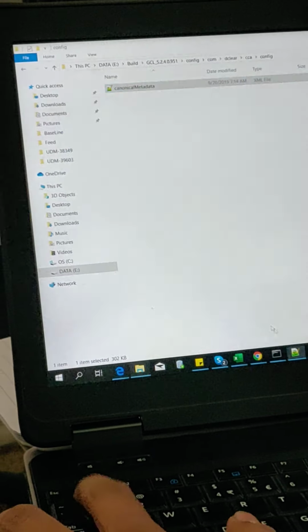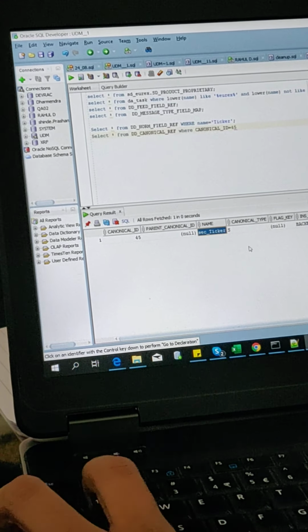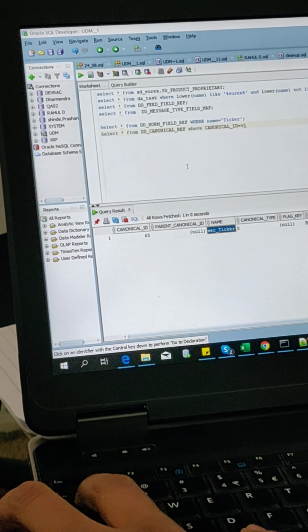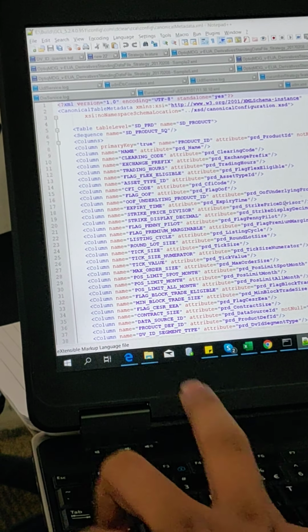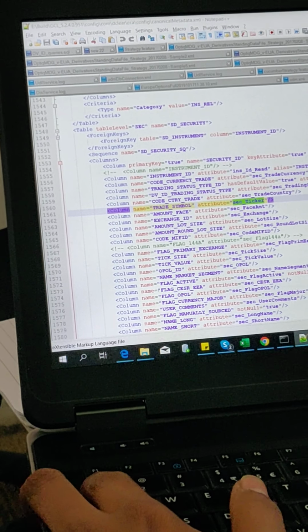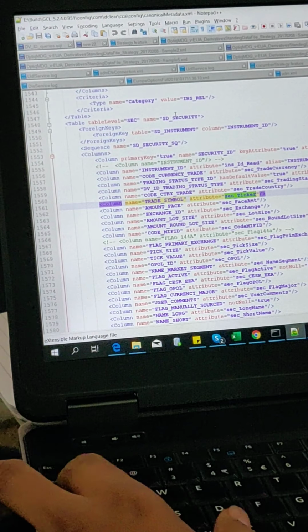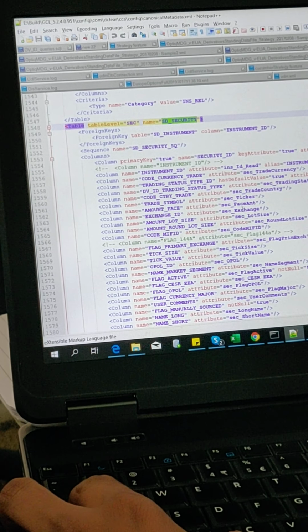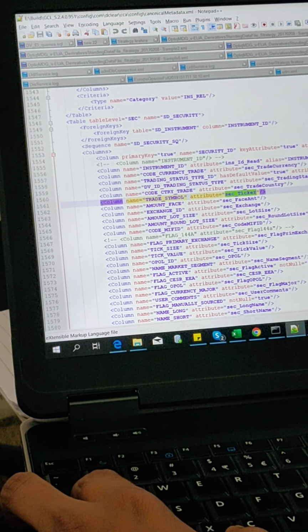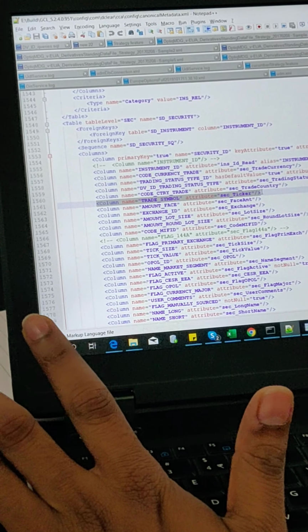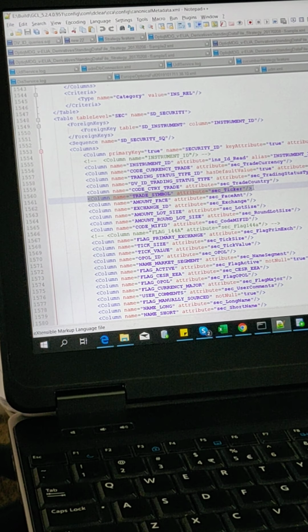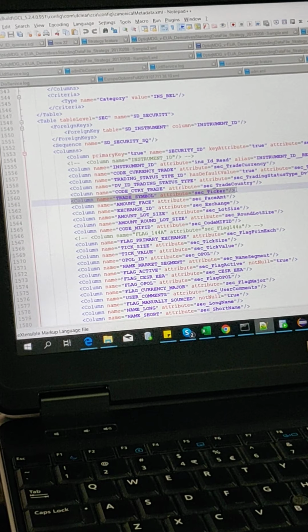So when I search for sec underscore ticker, it will say that I need to persist the value that has been calculated from the rule into HD security table and trade symbol. This is the entire logic of how UDL works.